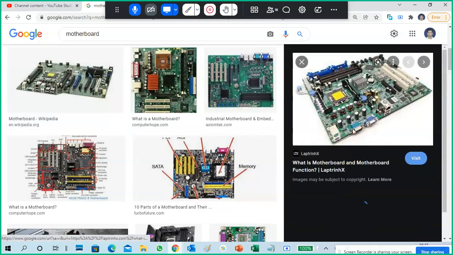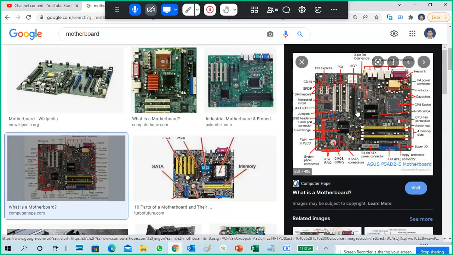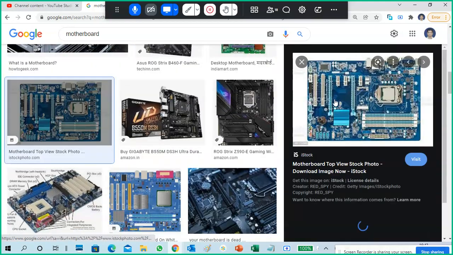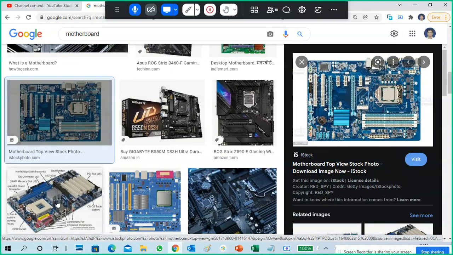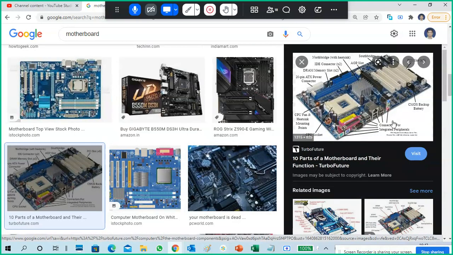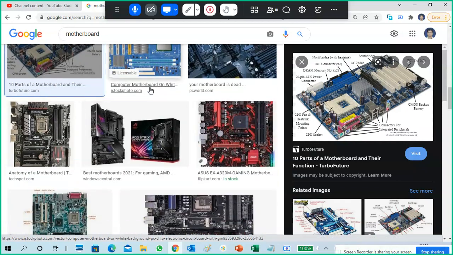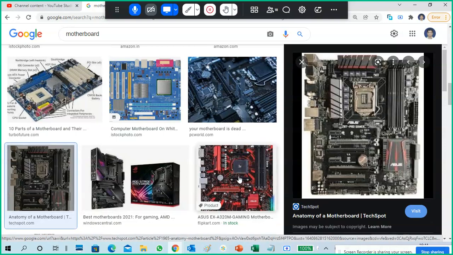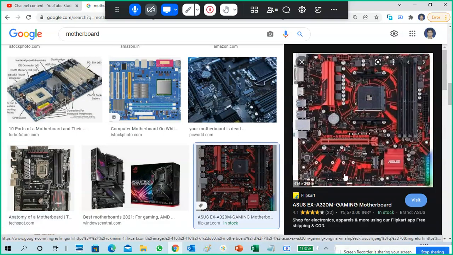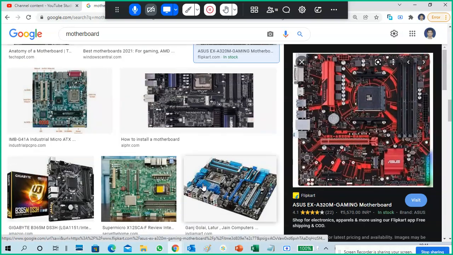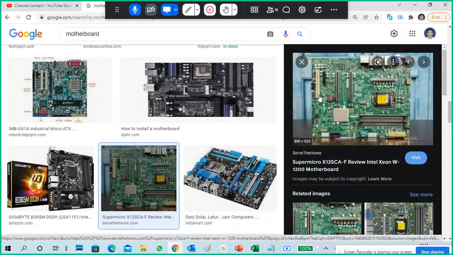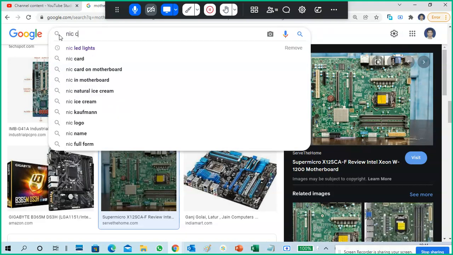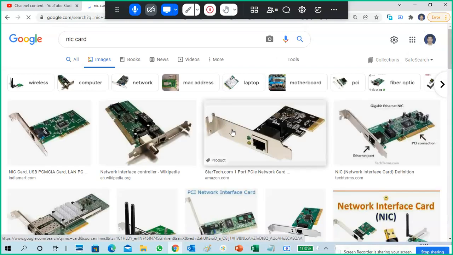If you see these white bars, PCI, you can find two or more white bars. Here, three white bars are there. This is PCI. There is also a black one. In the PCI slots we put our NIC cards.